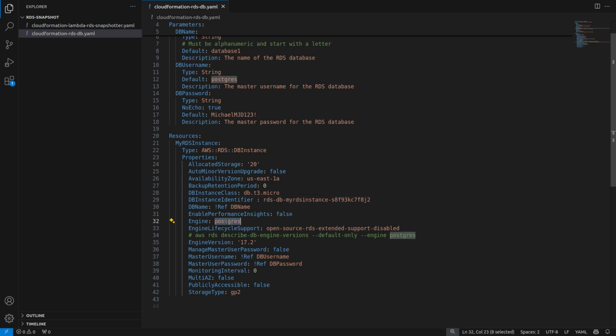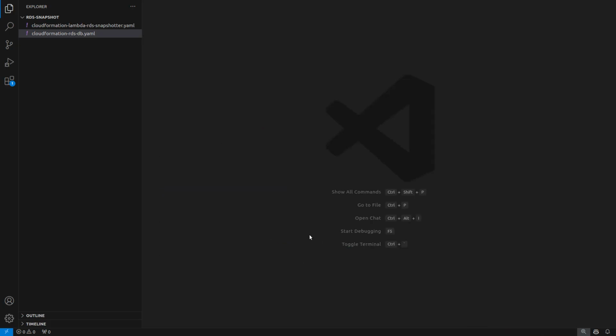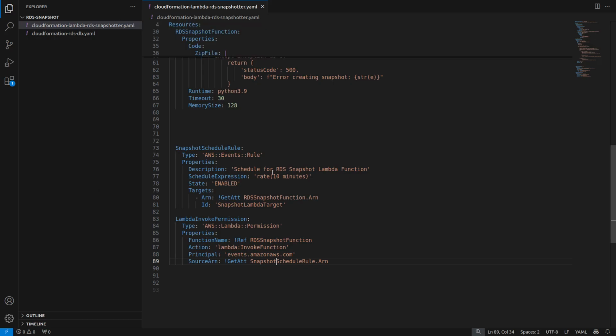Postgres, but it really doesn't matter. And yeah, GP2 I think I mentioned. So that's about it. Very simple, very straightforward. So let's look at the next one. And this here